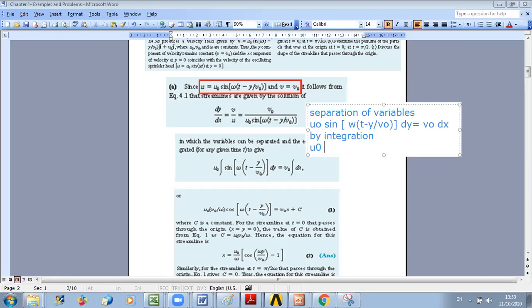So now I obtain u0 times v0 over omega times cosine of my function, which is omega times (t minus y over v0),